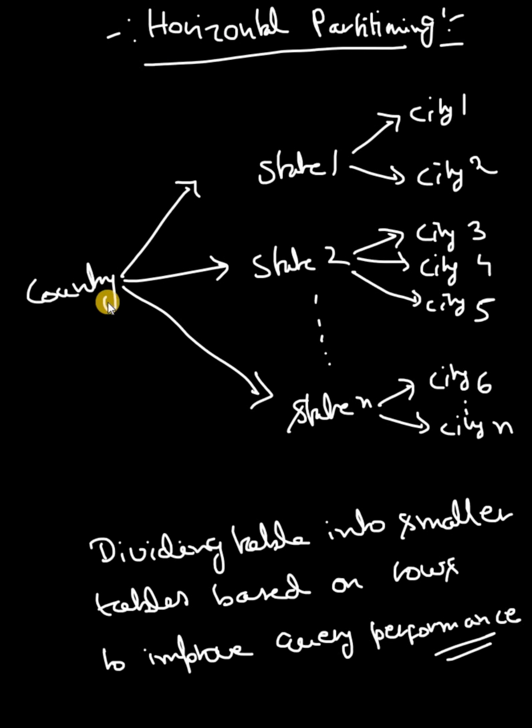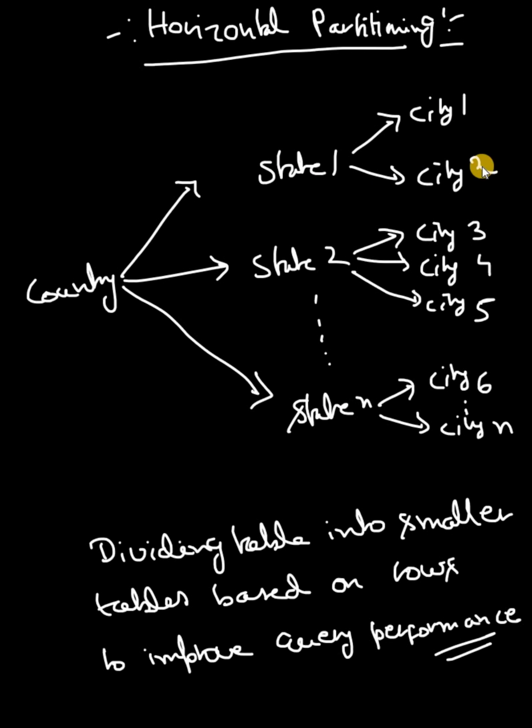Suppose we are having some demographic or geographic data related to a certain country. Now instead of putting the whole country data in a single S3 location, we can split the data based on states. These are called partitions at the state level, and within a state we can further partition the data based on city. And now suppose we are only interested in getting the demographic data related to city 2, we